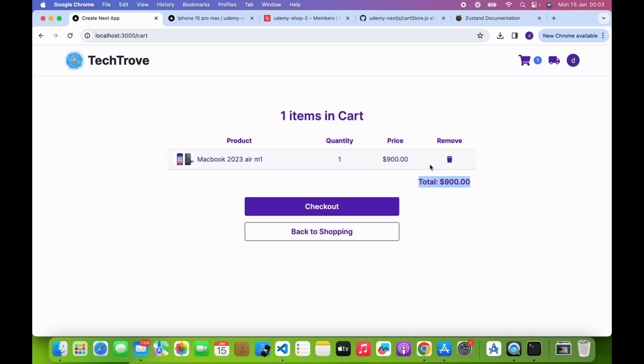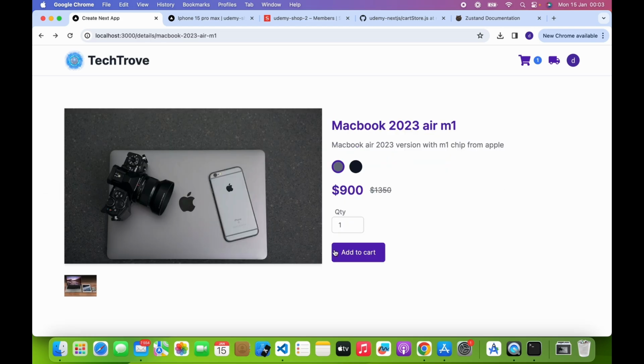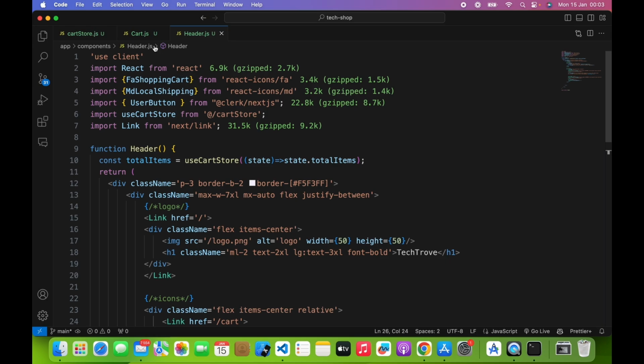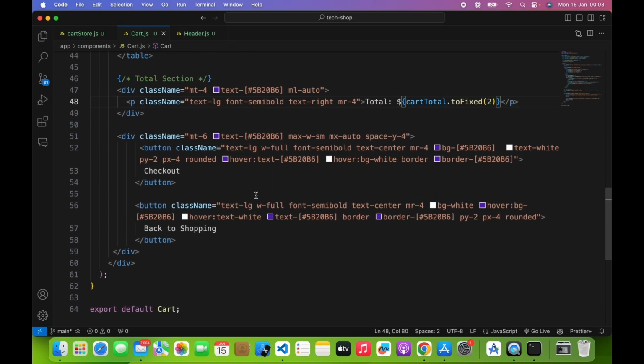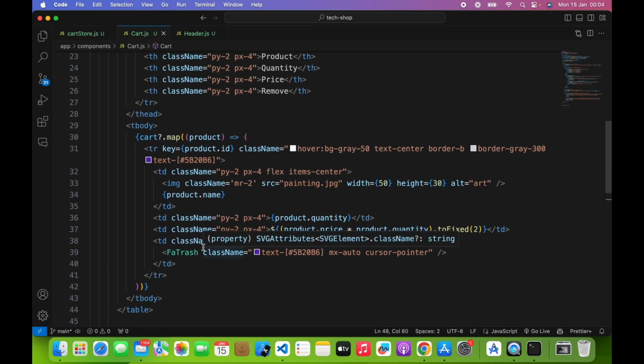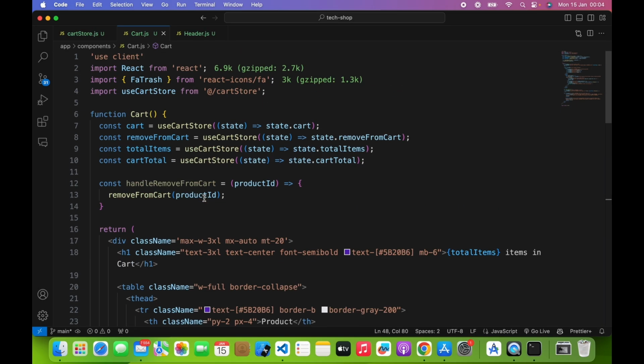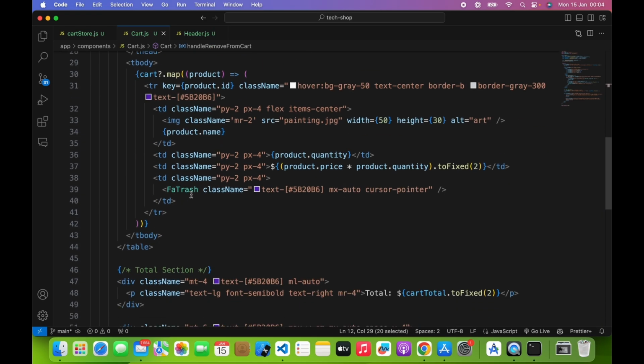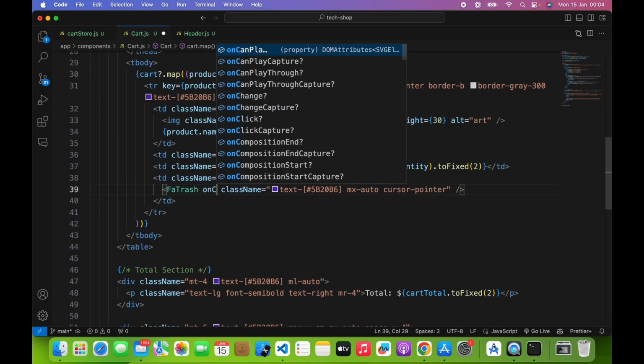with the total. Let's go back, add more in the quantity, it should now be 1.8. You see, it's now 1.8. We can remove. Okay, so it's not removing from the cart. Let's see. So the trash icon needs to be linked to this handle, remove from cart, so that when you click it, it removes it from the cart. Right now it's doing nothing,